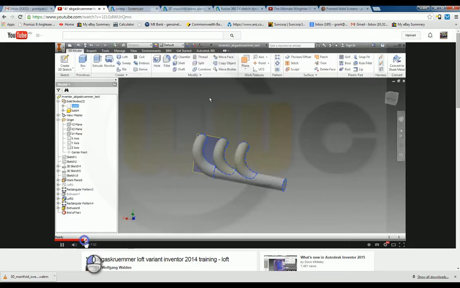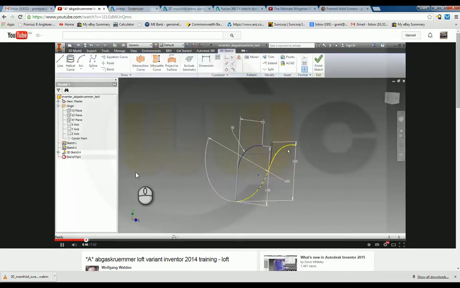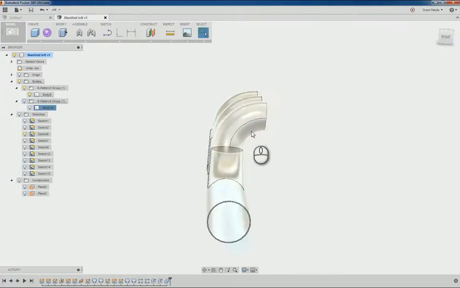So I'll just bring you back to the start of Wolfgang's video. And you can see here he's got the 2D sketches, 50mm radius there and a 80mm radius on this one, and then he combines them with an intersection curve, blending them into one arc, and that's what forms these